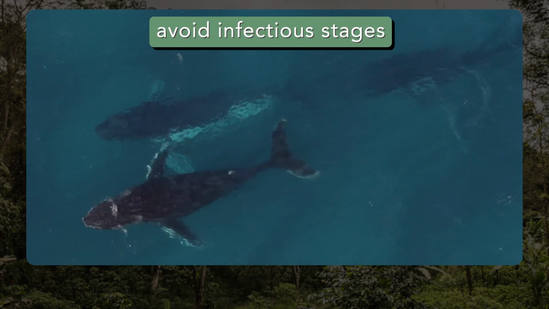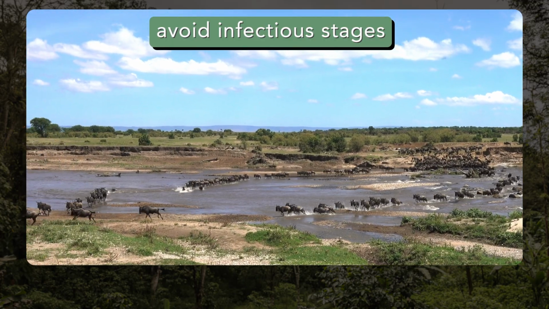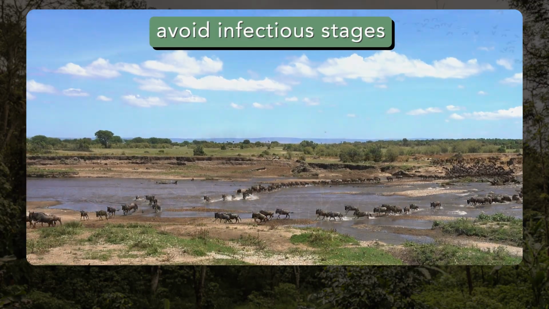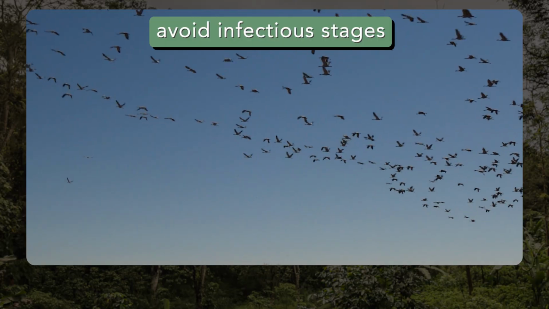One of the strategies that many host species have evolved to avoid infectious stages is the behavior of migration. Those recurring, round-trip movements that many animal species make, including birds, mammals, and even insects. Sure, there are lots of reasons to migrate, avoiding cold winter conditions, finding food, but nematode parasites are thought to be the ultimate reason for the migratory nature of at least some host species. Migration is a pretty cool trick because hosts can avoid parasite stages by getting out of a place that they've inhabited for a long period of time.